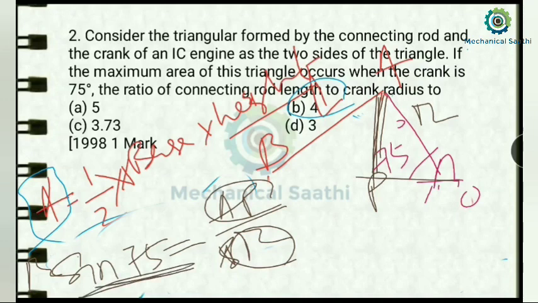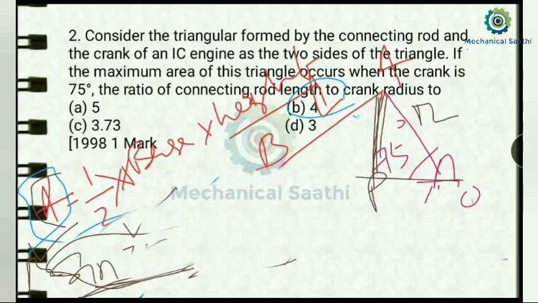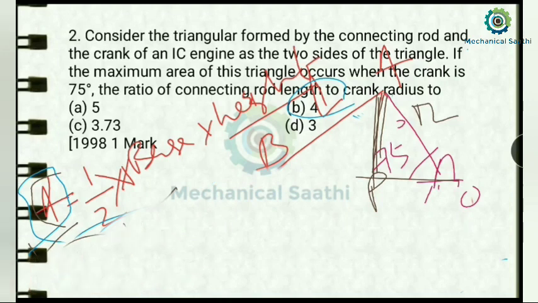Here R is a constant value and sine 75 is also a constant value. So AP will not vary. So the area will not vary with respect to AP, because AP is not changing and it is constant. So it is not necessary to calculate AP over here. Now let us calculate the base, that is BO, and try to find out the variable over there.